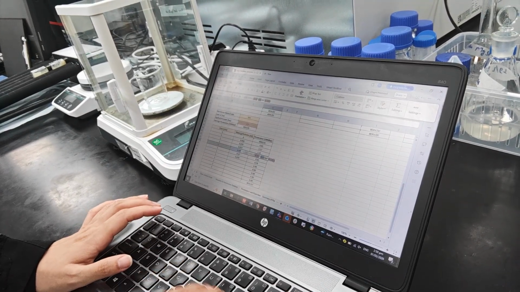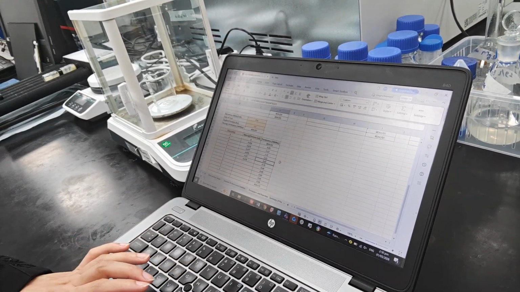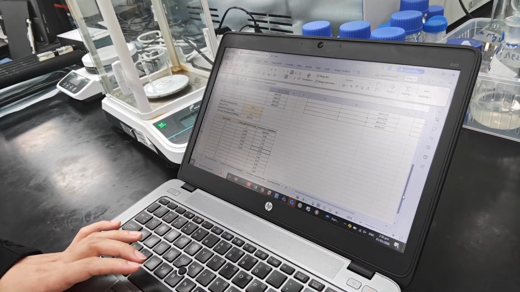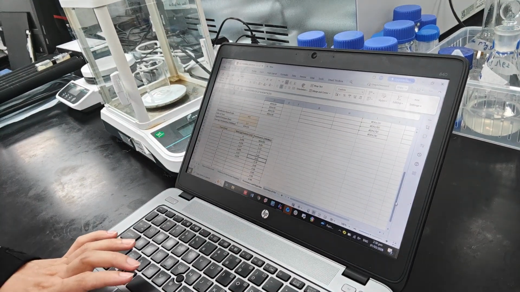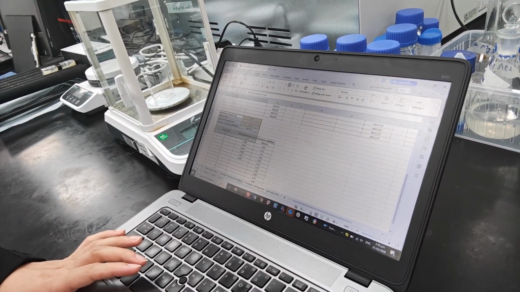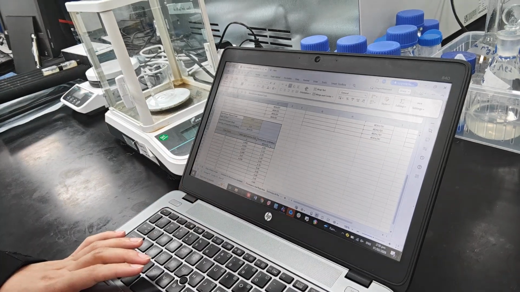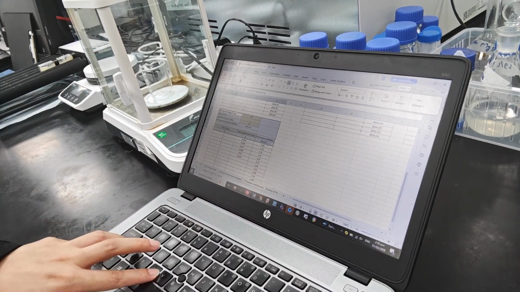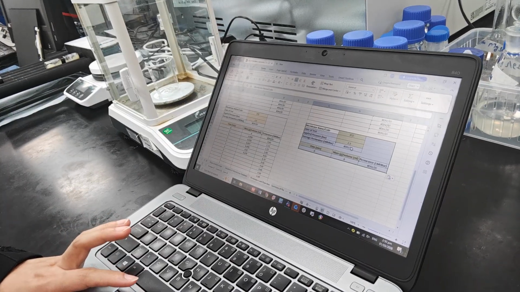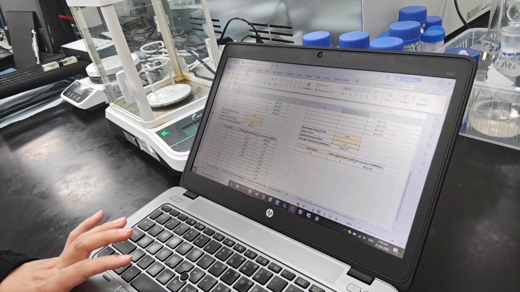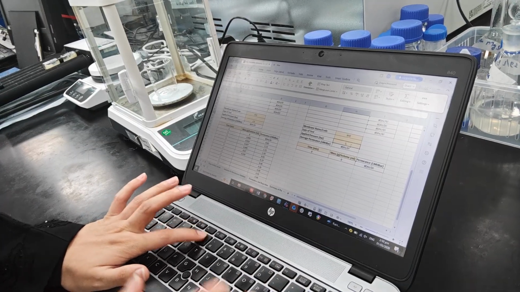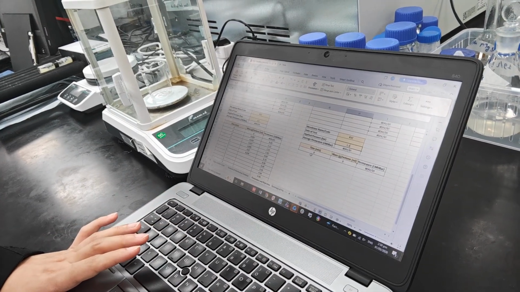Can you just repeat the last? Exactly. First of all, what you should do is, for example, I have a new test to do. What I will do, I will just copy this much, because this one doesn't have any value. I will copy it and then I will paste here. When I paste here, I will change the pressure. For example, I will say, okay, now I'm testing on 1.51. Okay. Now this is done.